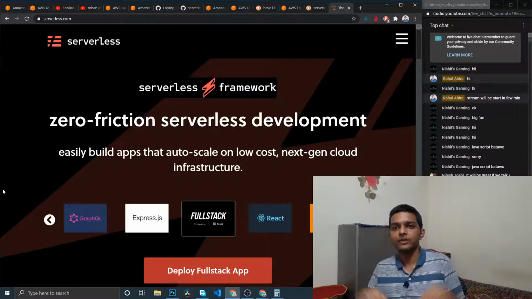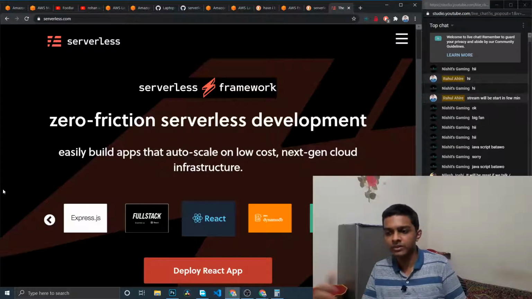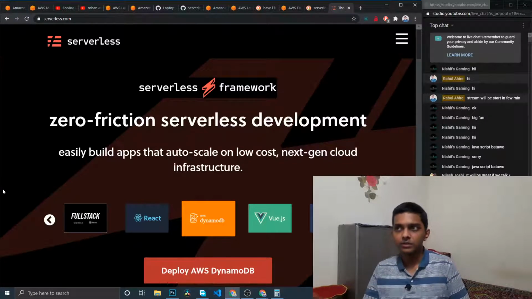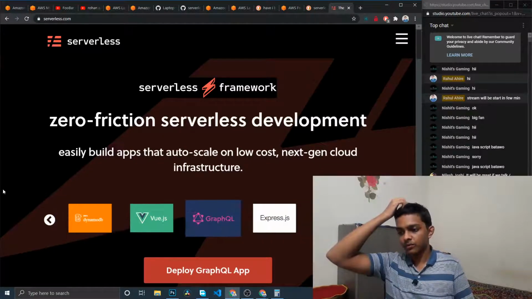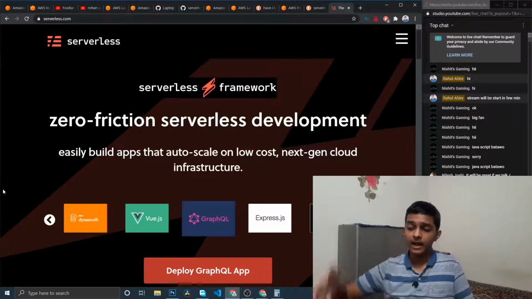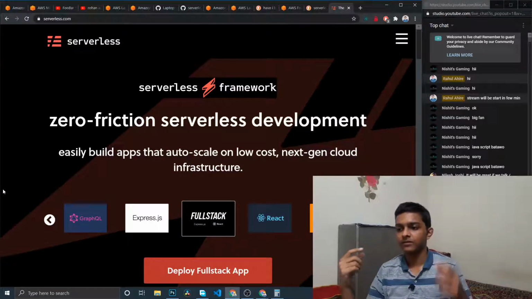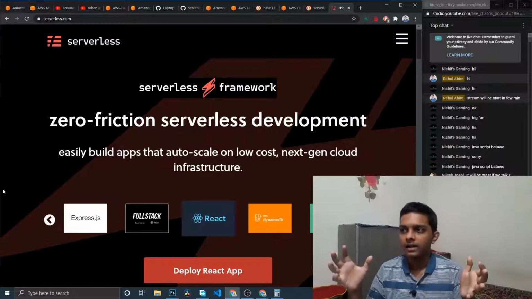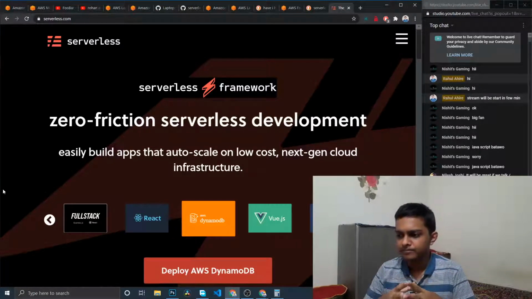So instead of manually inputting everything, I will make a video on what this template means, what CloudFormation is, and pretty much all the stuff required to excel in the serverless world. My current plan is to clear the confusion about which is the best framework for my purpose. And then, for example, I'm not really aware of how to use Lambda and DynamoDB, plus Cognito as well, to make a perfect thing.